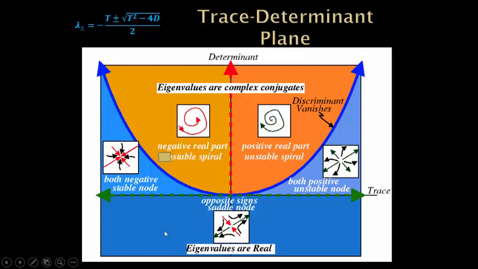If t and d are both negative, then you will have eigenvalues which are real, and they will have opposite signs, and you will have a saddle. I believe the very first example I did was something like that. If you go back and look at the trace and the determinant, your trace should be negative, and your determinant should also be negative. In the case where this parabola would give you t squared equals 4d,